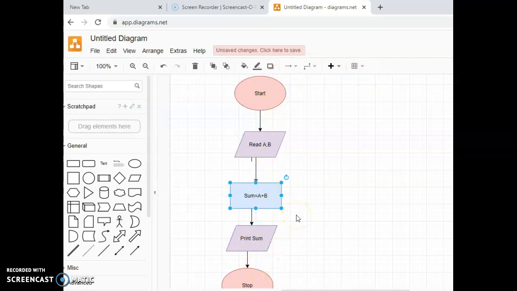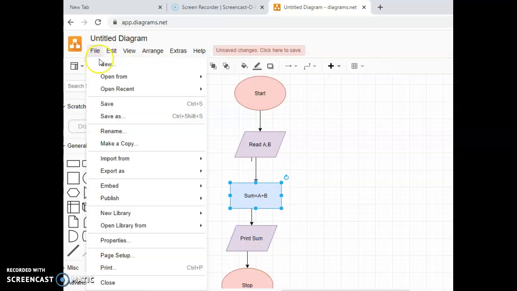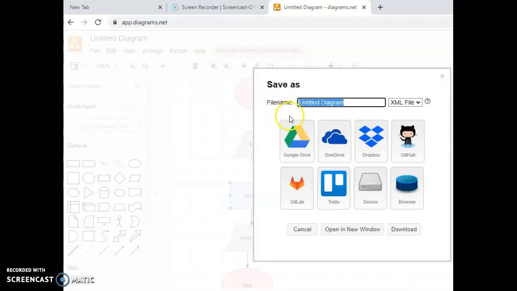Now in order to save the flowchart, just have to go to file and then save as, give the name to your particular file. I'm going to name the file as sum.